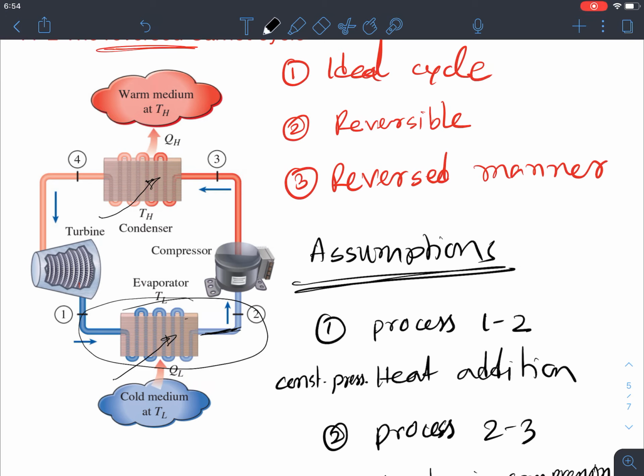Now we know the limitations, right? So we should come up with a solution for what things we should take care of in this ideal cycle, replace them, and basically develop an actual cycle. So we'll take a look at that actual cycle tomorrow, or in the next class, about what the key components are and how those limitations we can basically mitigate or avoid, or resolve, and then come up with the actual cycle that can be used